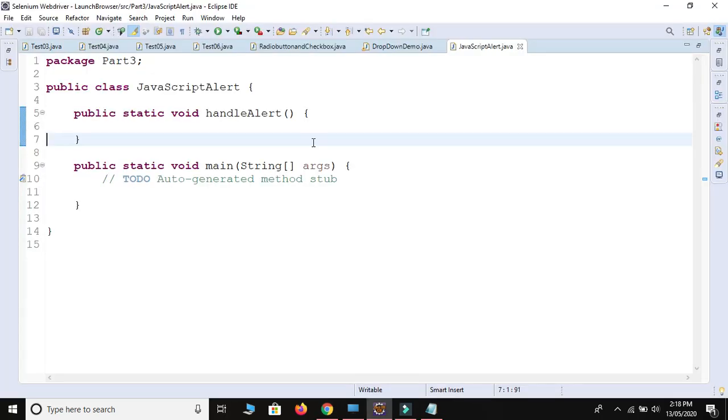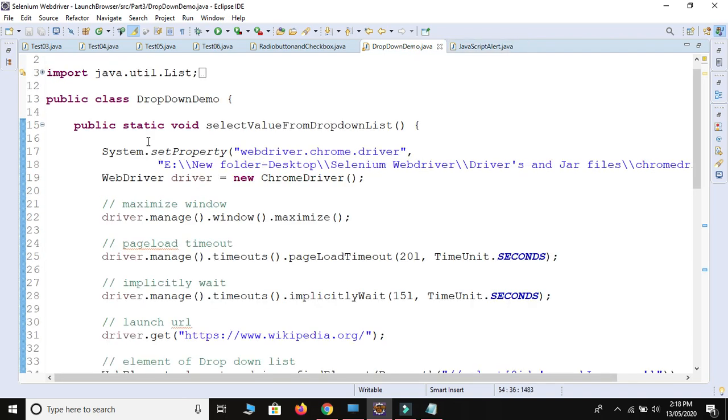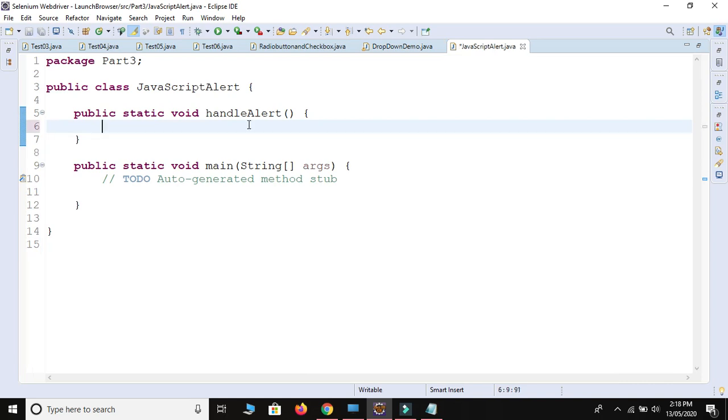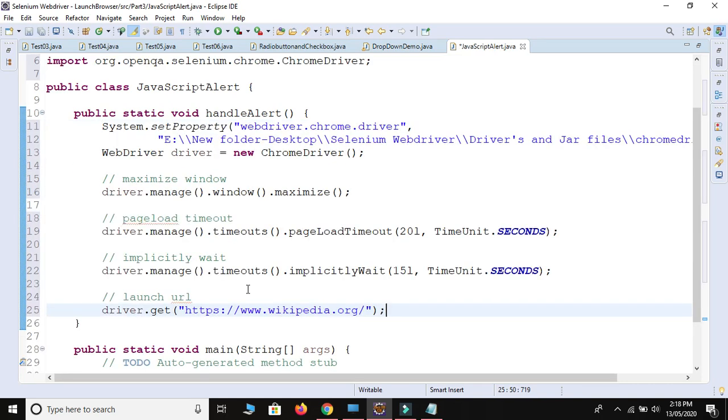To handle alert, Selenium provides one interface whose name is itself Alert. Let me create the basic setup, from launching the browser to launching the URL with the timeout, and paste it over here. Ctrl Shift F to arrange your code in a proper way.